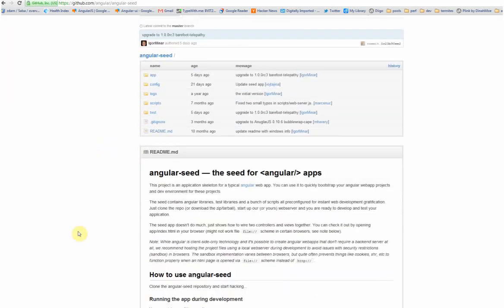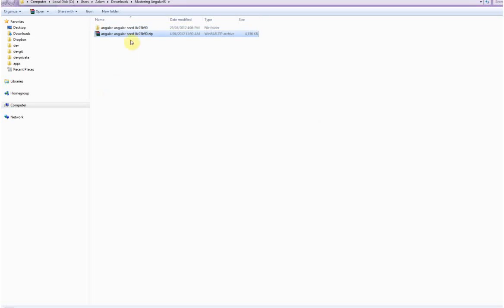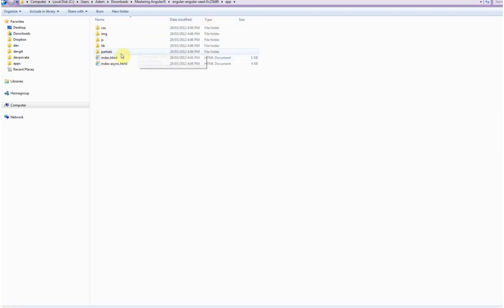It's laid out ready to roll for more advanced systems, so the file layout is perhaps a little overwhelming when you first see it, but we'll get back to the point that we were at in the first episode and take it from there. So I'm just going to get this stuff up and running. We'll start with index.html, which is in the app folder, and I'll just get these into my text editor